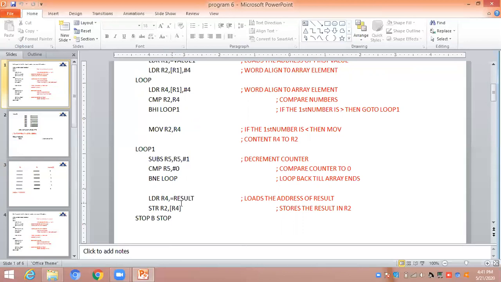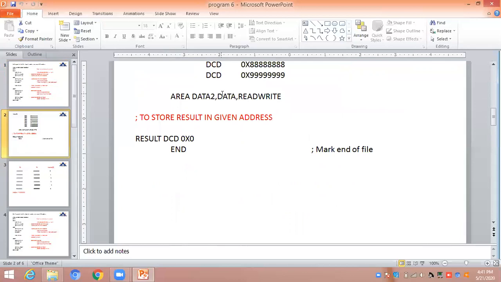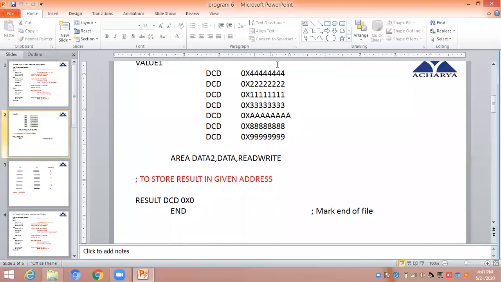You have two options. If you want to store it in a memory, take the result. Result is another variable. So where is result declared? After this array element declaration, we are declaring one more variable called result, DCD 0x0, so initially it is initialized with 0.